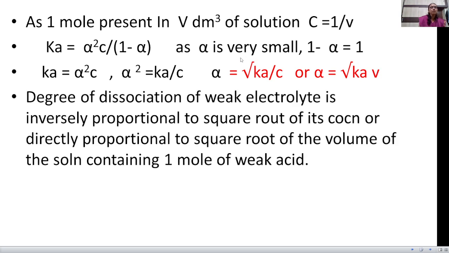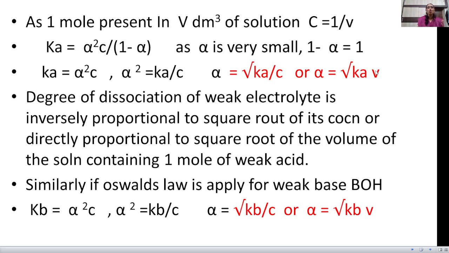Means from this equation, the degree of dissociation of a weak electrolyte is inversely proportional to the square root of its concentration, or directly proportional to the square root of the volume of the solution containing 1 mole of weak acid. See again this equation. Here alpha is inversely proportional to the square root of concentration, and here alpha is directly proportional to the square root of volume when 1 mole of acid is present in a solution. Similarly,